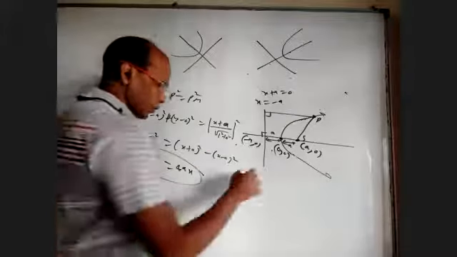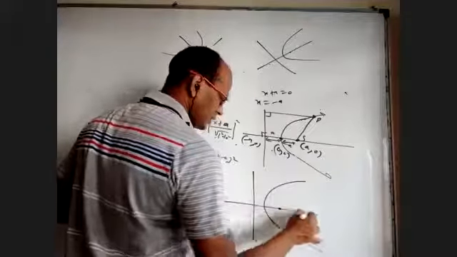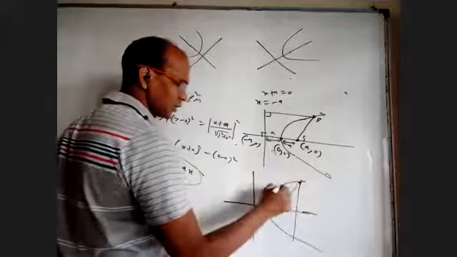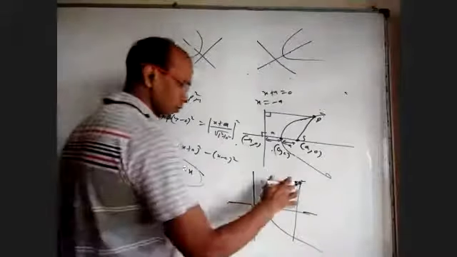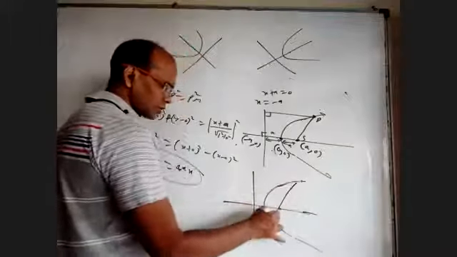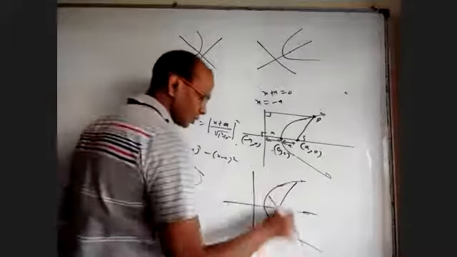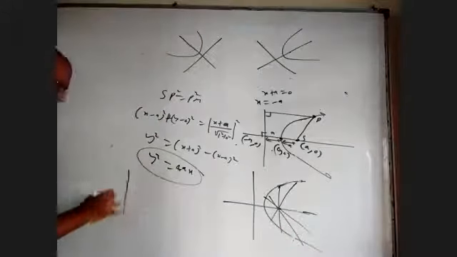Some more things about parabola. Any chord, okay, any 2 points you join, that's called chord. This is a chord. This is also a chord. Just by joining 2 points on a parabola, what you get is called chord. But if it passes through focus, it is called focal chord. There will be a lot of focal chords like this, like this, like this. That is about focal chords.